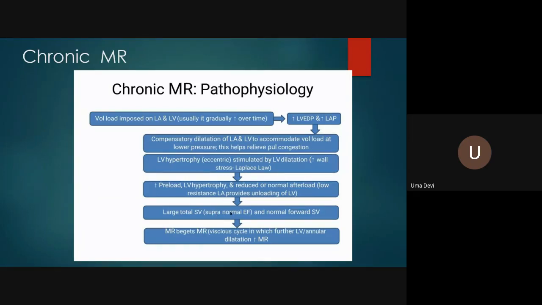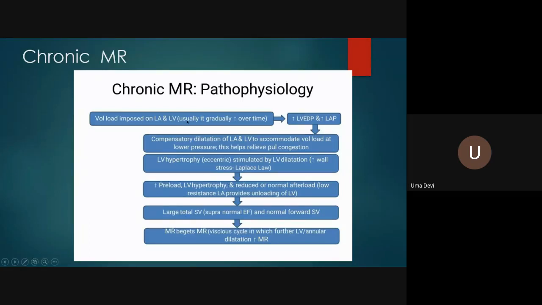So what is the normal EF? We already spoke. Ejection fraction, 65%. So this compensation will maintain the supranormal EF and maintain a normal forward stroke volume. As long as this balance goes on, fine. But at some stage, when any acute event like a fever, a patient with anemia, a myocardial infarction, or any stress